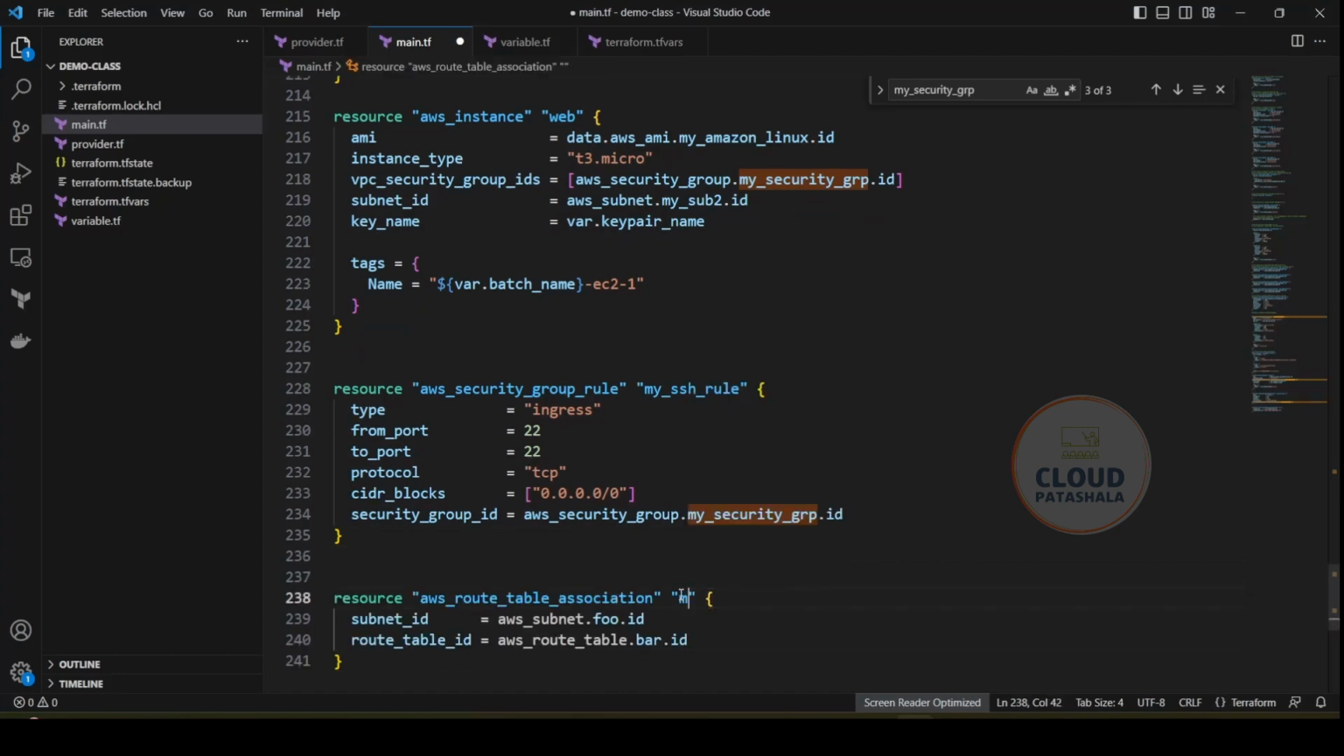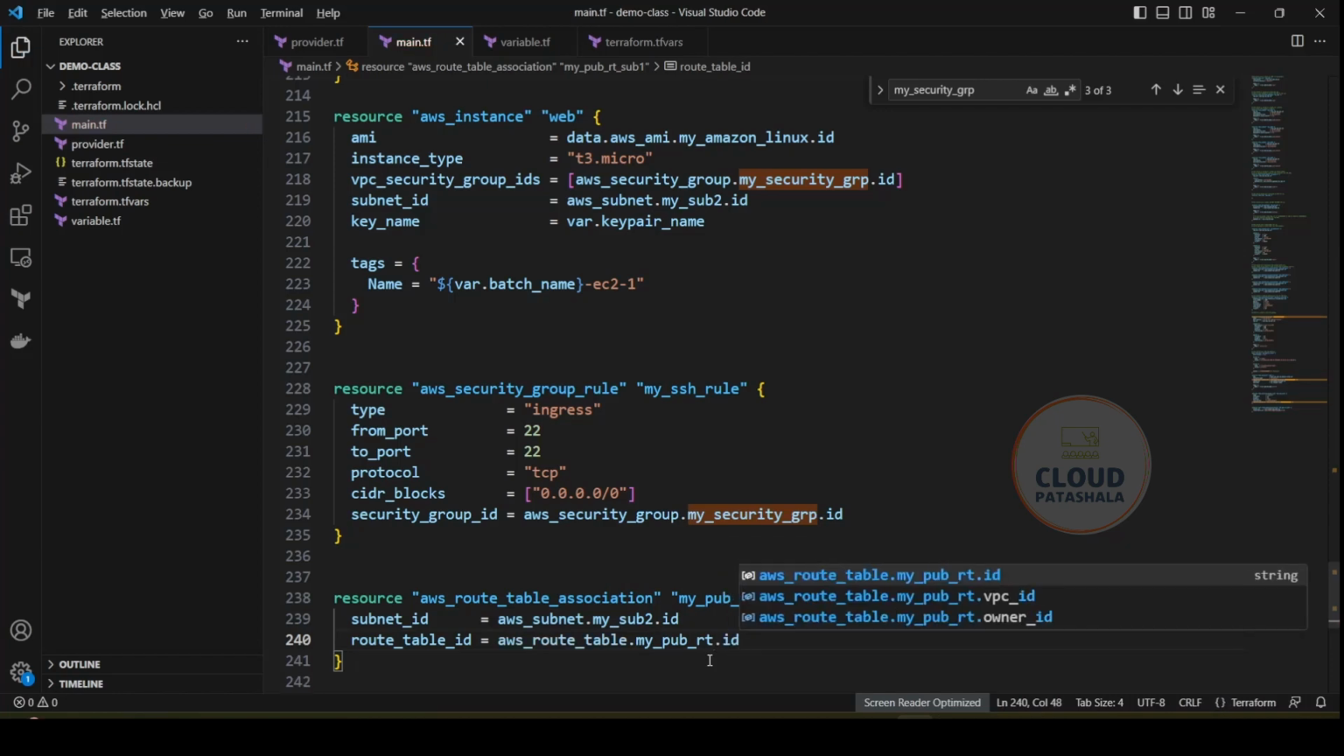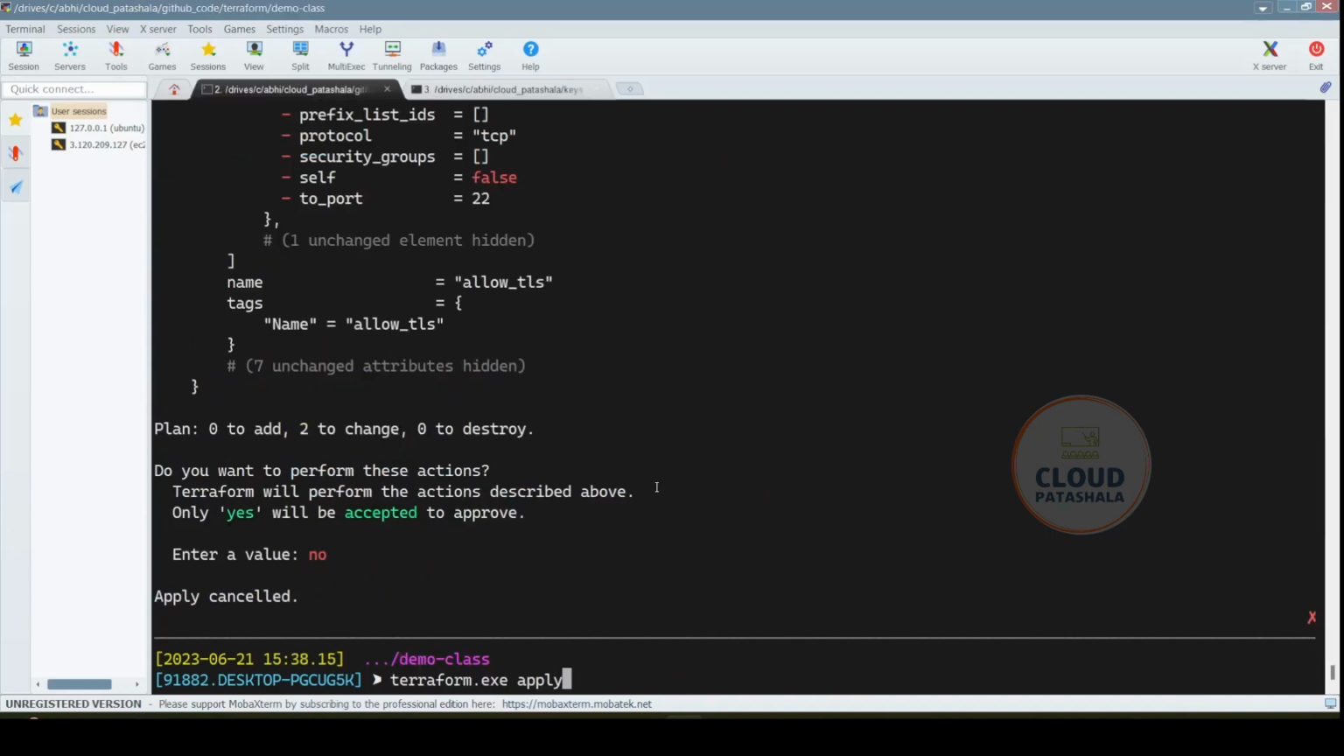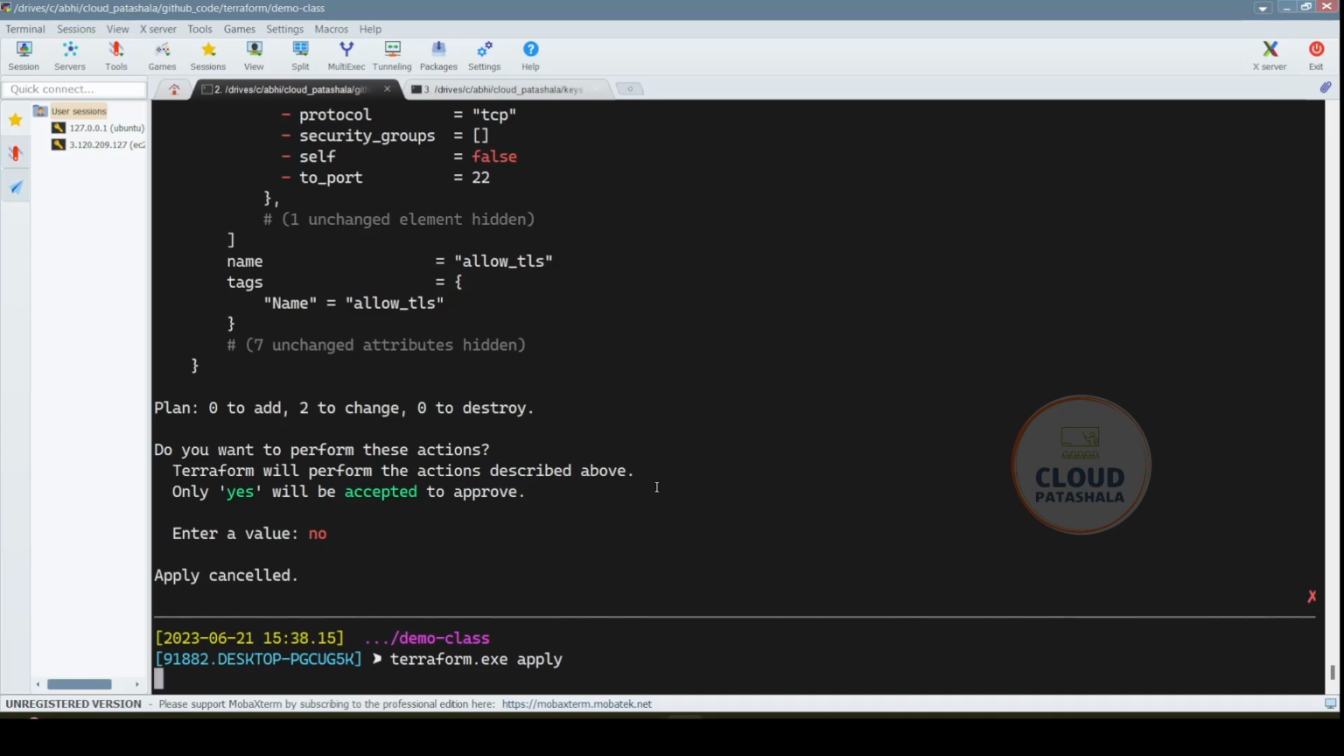So I'll say my pub rt association, party with sub 1, right? And I need to provide the subnet, so that is my subnet. I'll just do 2.id because I want to associate this as of now. I'll just select this .id because I want this to be working. So what I'll do is come back to my Terraform module and say Terraform apply, yes,